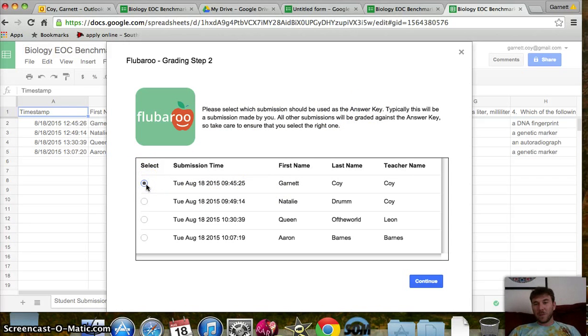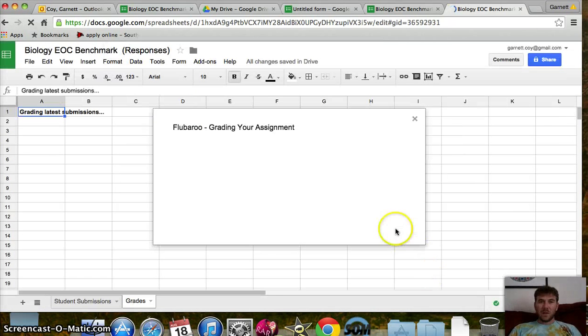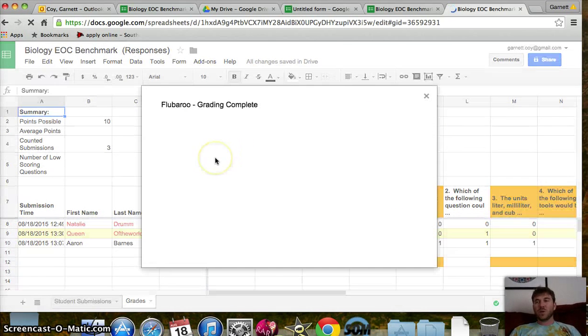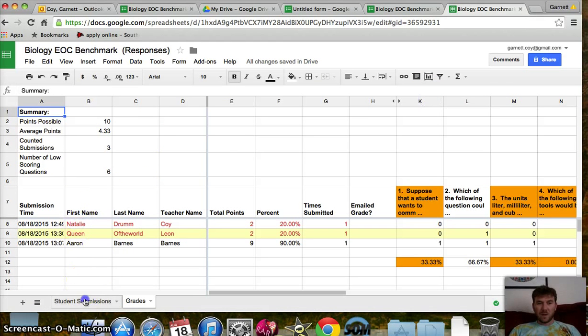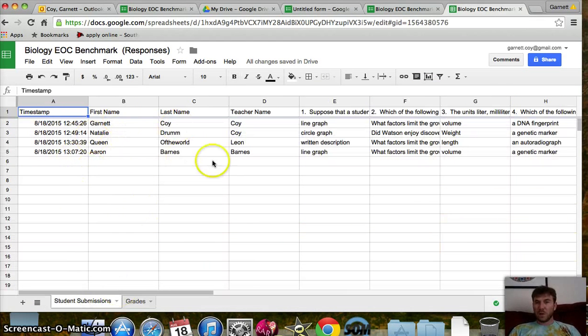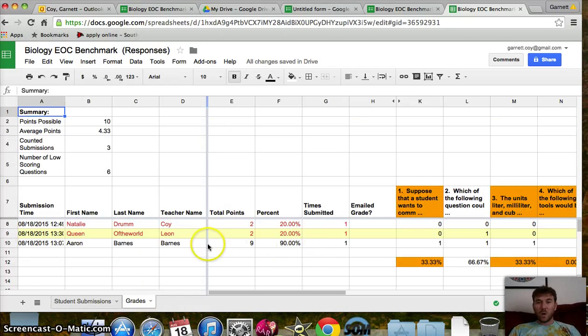Since I'm issuing the test, I think my answers are right. We'd have an actual answer key, and make sure there's one correct answer key. So I'm going to say continue, and then it is going to use the answers that I submitted and grade the entire assignment for everybody that's taken it. So after that is done, this was our old spreadsheet with just the raw answers. Now it's created us a new spreadsheet with